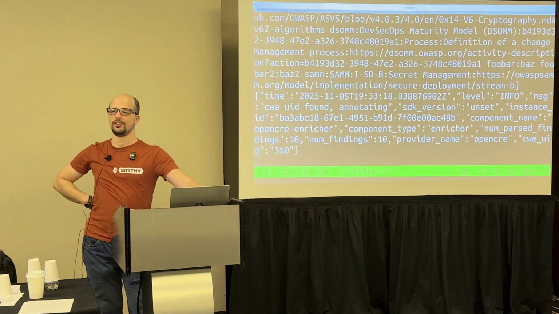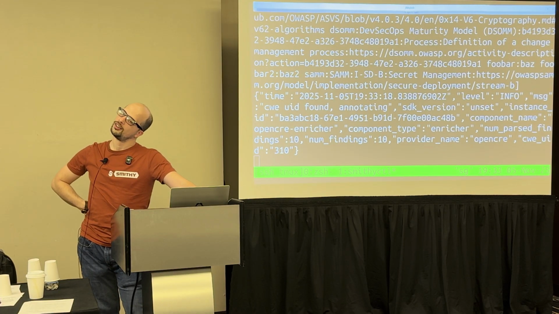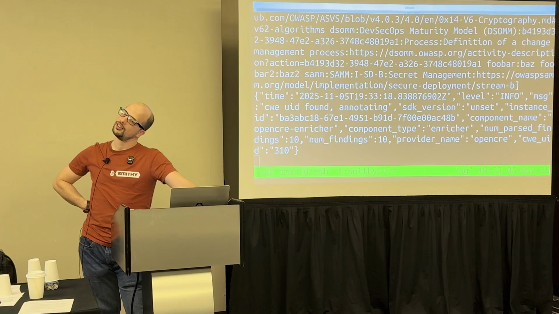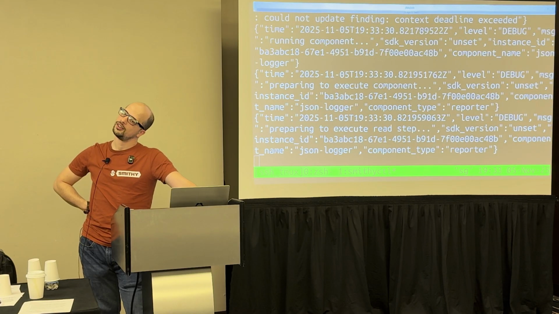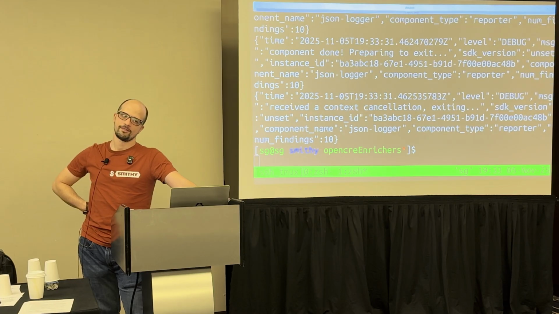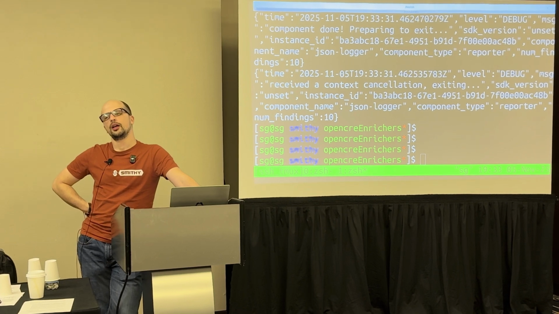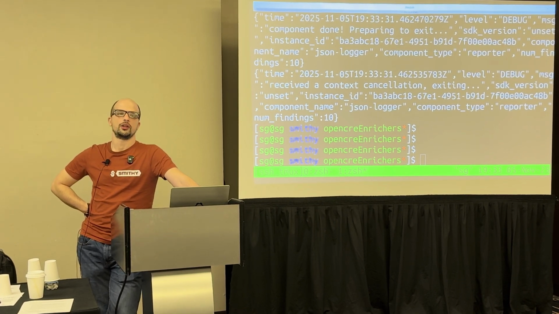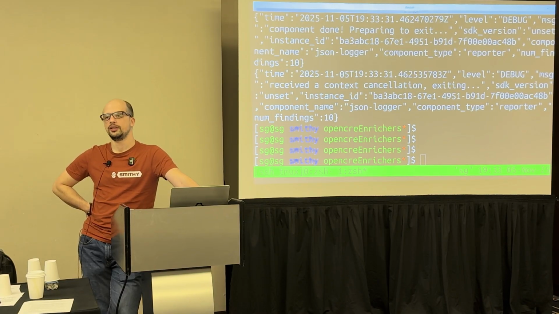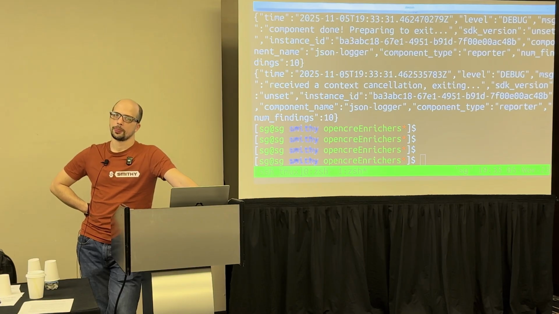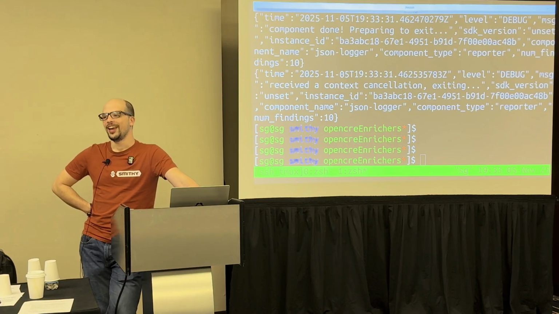Yes? Out of curiosity, I haven't played with OCSF too much, but my understanding is that it's basically a common schema for telemetry data, right? So event logs, different types of things like that. Can you repeat the question? Yeah, so the question was, is OCSF a common schema for telemetry data? It started like that. AWS being AWS, it got out of hand. And it is now a schema for pretty much anything you might want to do with security.